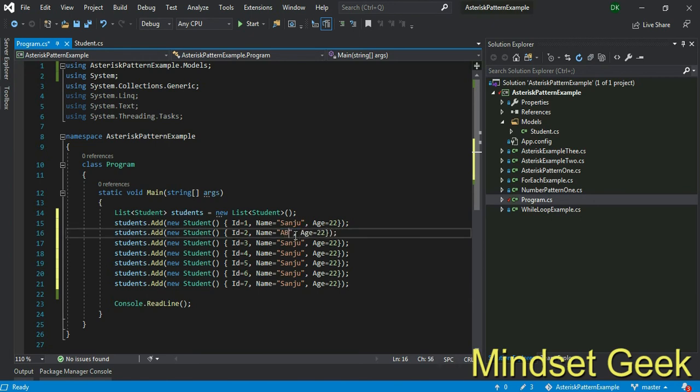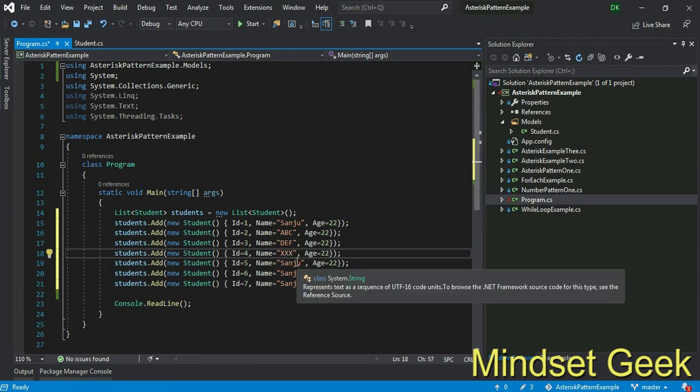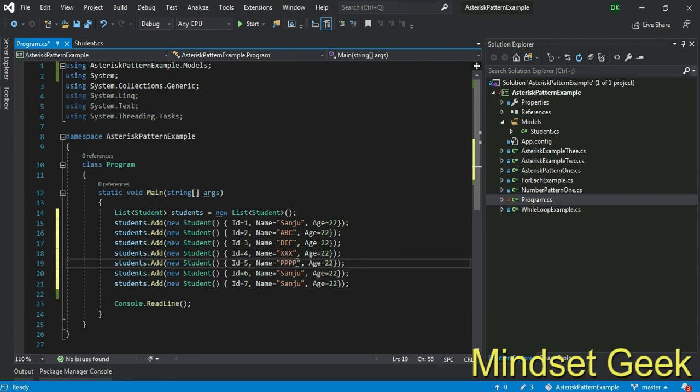I just use A, B, C, D, E, F. This is the format, right? XXX, PPP, like that. DDD, like that. Age also changes. 22, 23, 25, 25 also, 24, 29, 30, right? This is my list of objects.